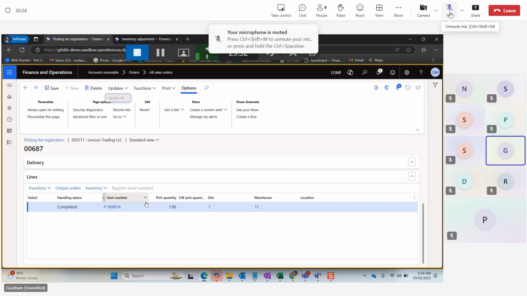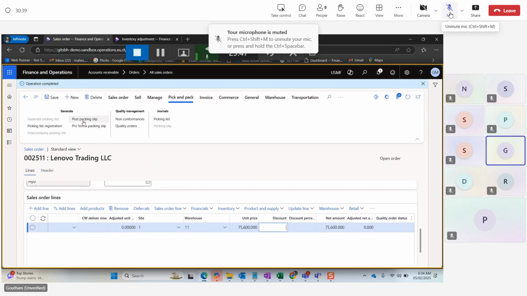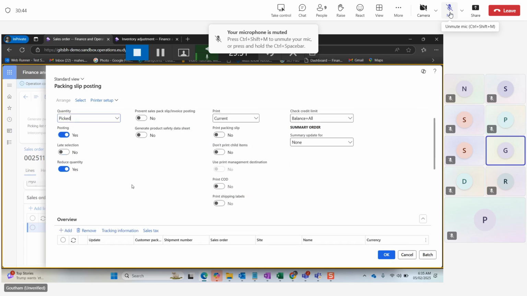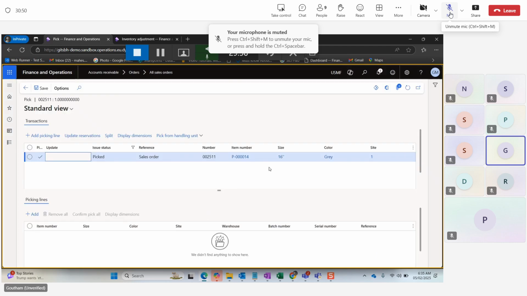It means that the serial number, everything has been mapped automatically. Now, once this picking list registration is done, there is a process. Even when you click on post packing slip, here also you can do the registration. So in this particular process also, under update line, if you go to the pick, it will show you